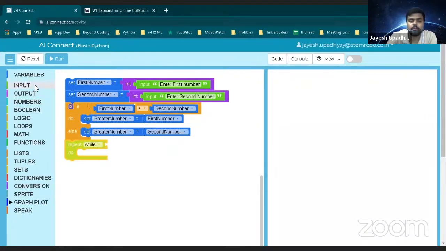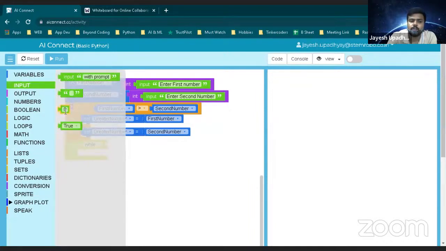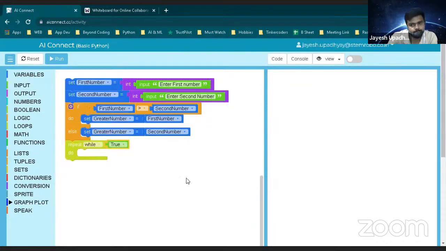So what I will do: if you don't know how many times your loop will work, let's make it an infinite loop. I told you before also how a while condition works. A while loop works if the condition is true. Whatever condition you are writing, it should be true, then only it will work. Making sense, right? Let me repeat again. In the while condition, we always write a true condition. So don't you think I have written true? So it's always true, right? Now my while will always work.